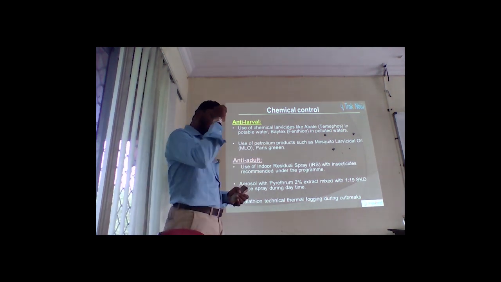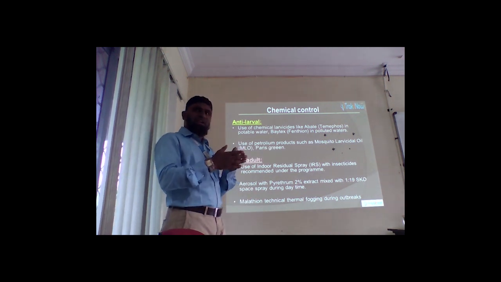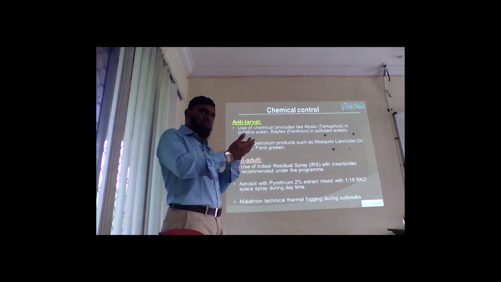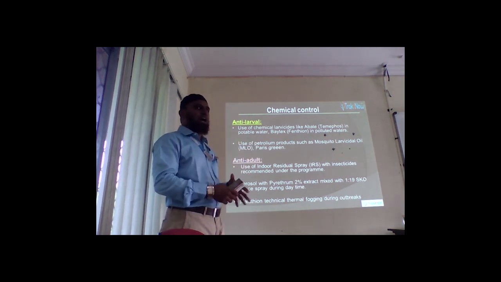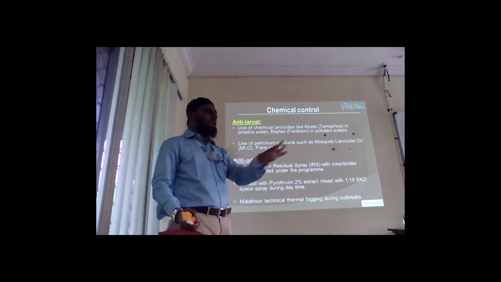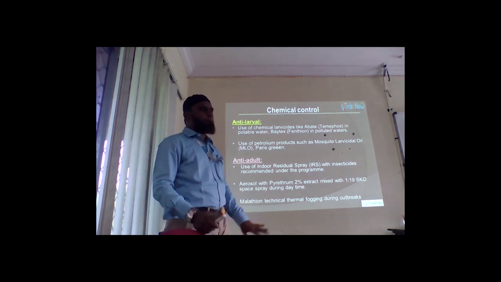If you put waste oil on the surface of the water, what is the nature of oil? It will spread like anything within seconds. It will give such a beautiful film. It doesn't allow the mosquito larva siphon tube to take the oxygen. Simply they will die after 3 to 4 hours. Okay, this is the very